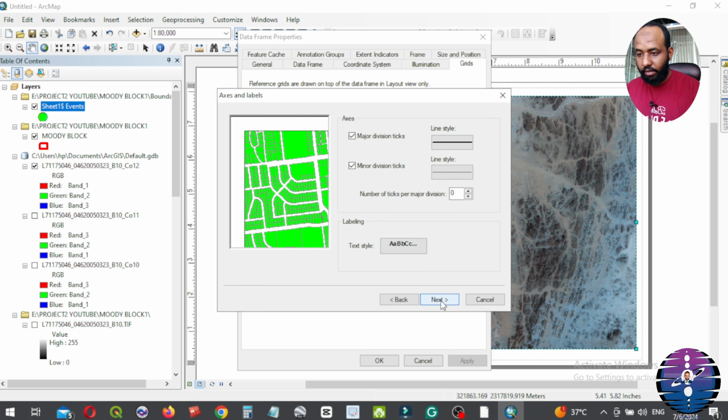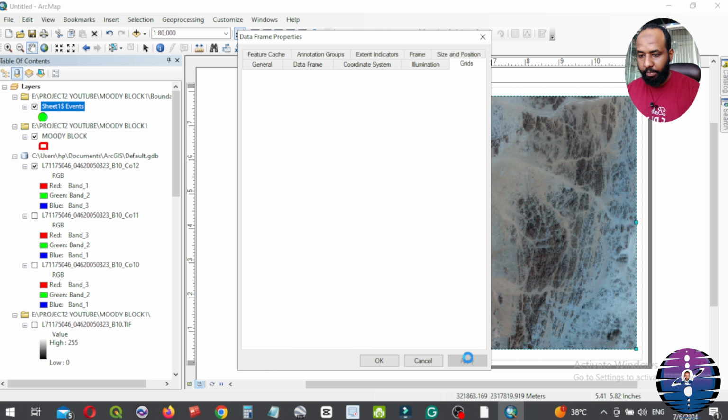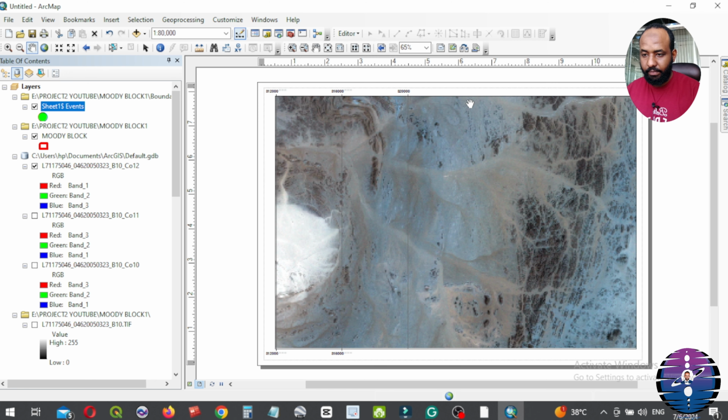Next. Labeling from here. Next. Finish. Apply. Okay. This is our grid.